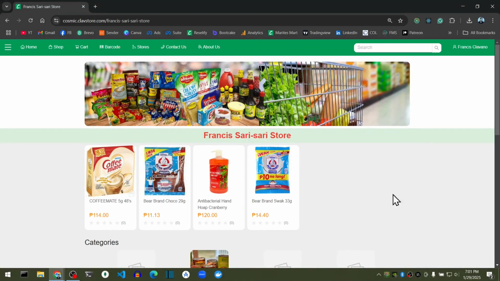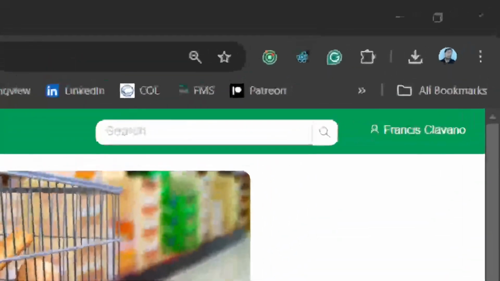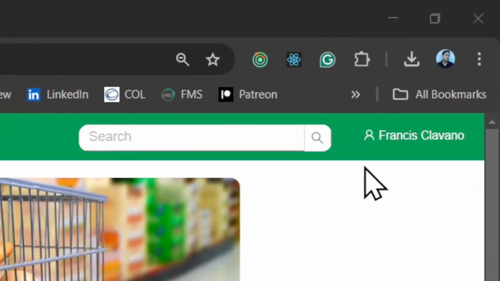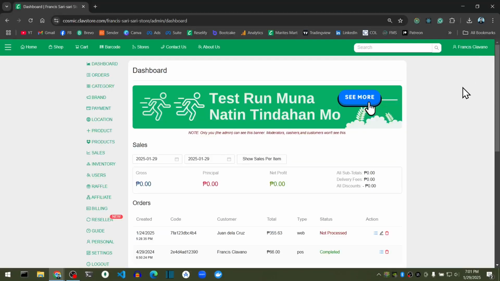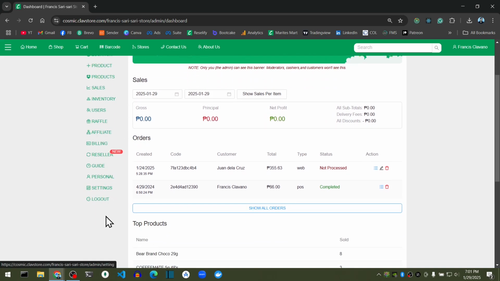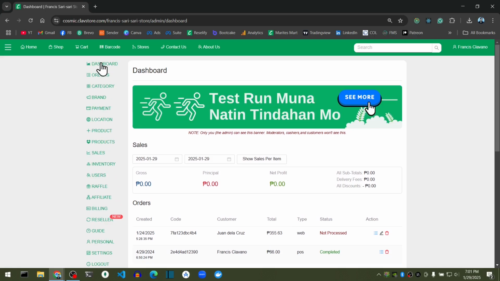As we go back here to the website that we created in the previous video, at the topmost right of your website, you're going to see your name, like mine. If you click your name, you'll be redirected to your admin account. An admin account has a very long menu on the left side of your website.